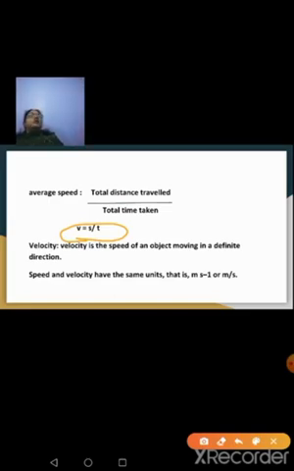So when it changes with respect to direction, the rate at which the object is moving, that is said to be your velocity. So velocity is speed in a particular direction. Normally it's a rule: whenever you are moving along a straight line, when you suddenly take a turn to the right or left, you have to decrease your speed and turn. So the velocity changes. The SI unit for speed and velocity both are the same, that is meter per second.